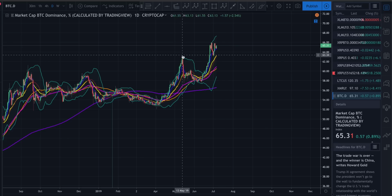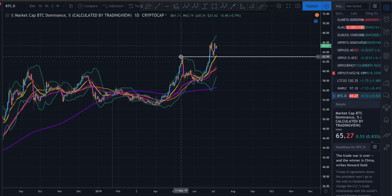So close enough. We were looking at this prior swing high here. It looks like it did break up above, come back down and test it. And the fact that we bounced right off of, I'll just point out what I'm looking at, here. Yeah, the fact that we bounced right off of the prior swing high, came back down, swing high resistance acted as support, and now we're bouncing up now. That is extremely bullish. We do need to take out about 65.9. If we can take out 65.9, guys, this thing may just end up taking off, and that does not bode